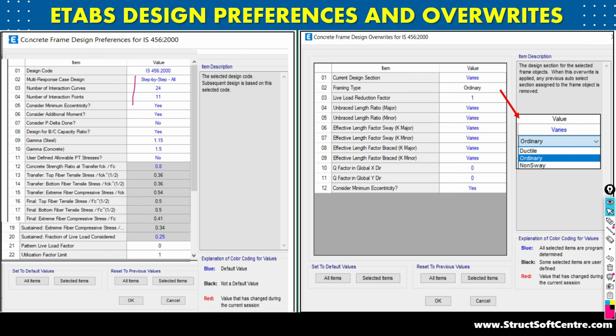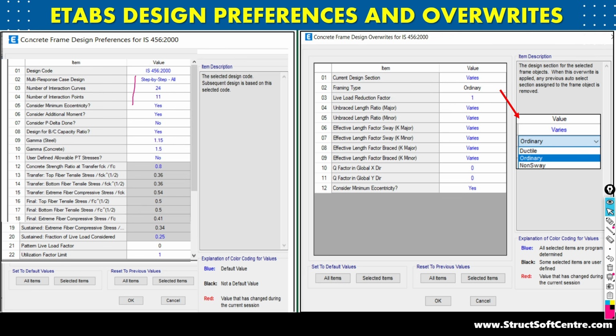ये बहुत important stage है. Actually, people are not knowing how to set all these parameters, and that's why they are not getting their expected design results. Sometimes students are raising their questions or asking problems on all of our social media platforms. क्या करते हैं क्वेश्चन, सर मैं G+2 फ्लोर का बिल्डिंग डिजाइन कर रहा हूँ and there is a demand